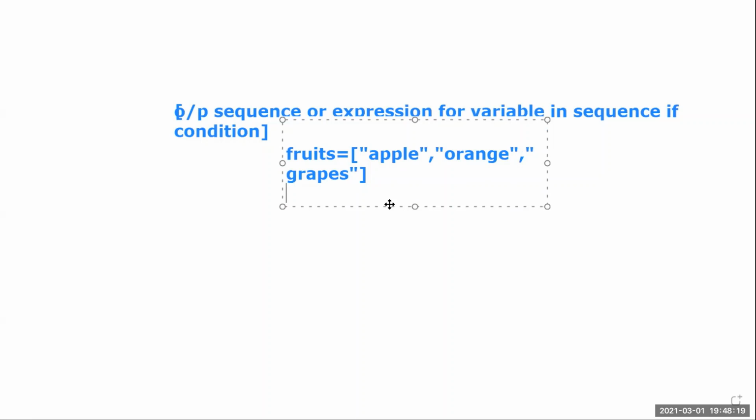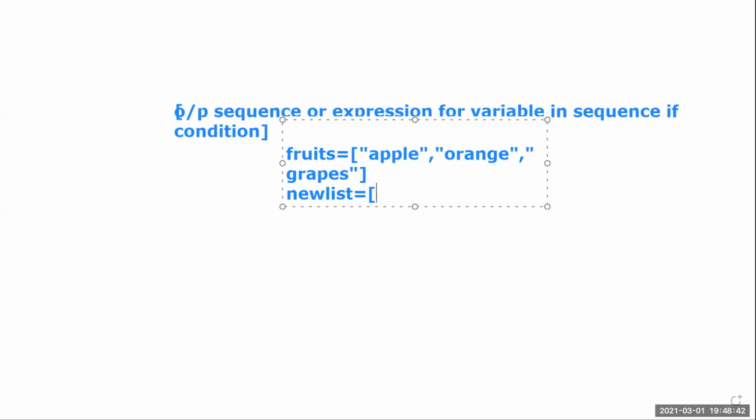Let's see. I am going to apply this syntax and create a new list. Here, in the output sequence, I am not going to do any operations on the output.